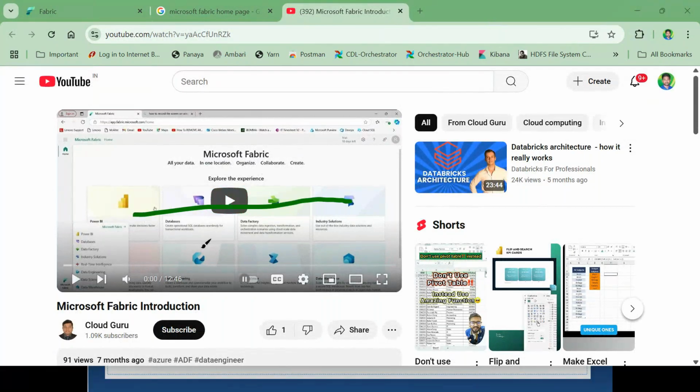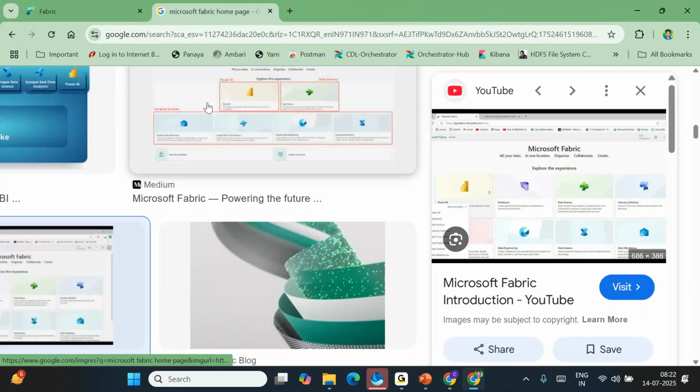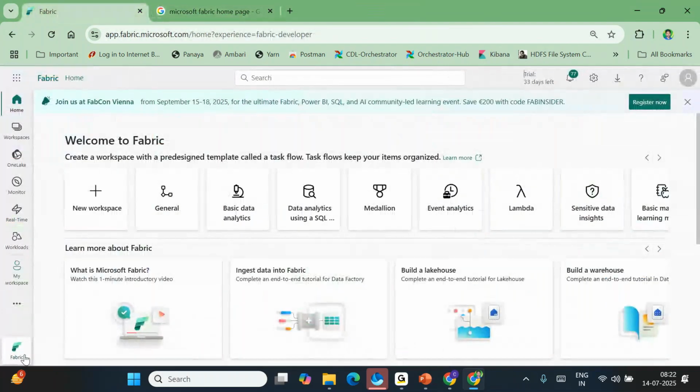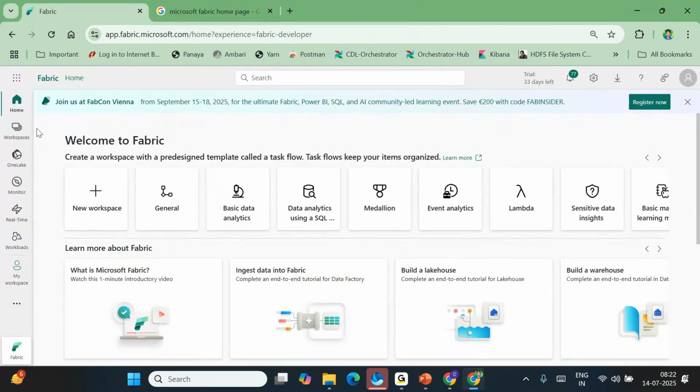These are the options, different category wise. And when you clicked on this home page, you used to get Power BI, database, data factory, industry solution like this. But now what is happening? Now it is completely reorganized. Even if you click Fabric, you won't get all those things. Now how they segregated these components is, if you go to home